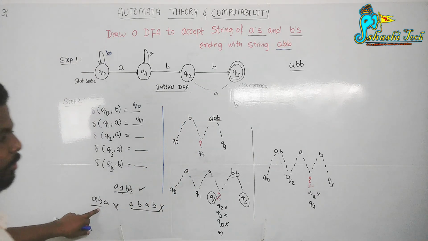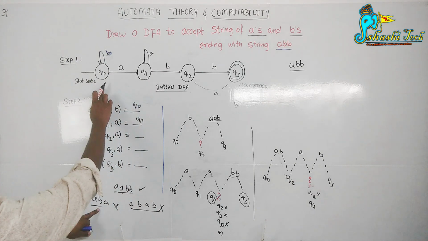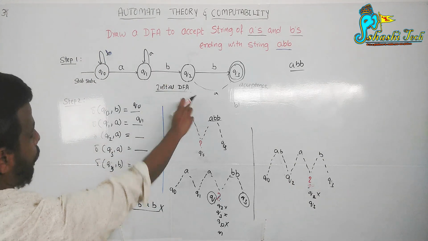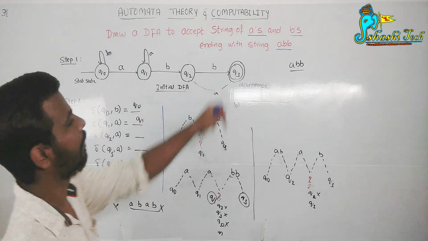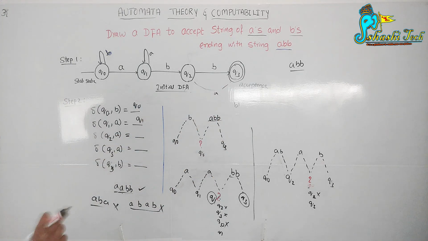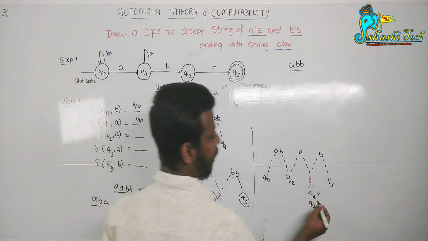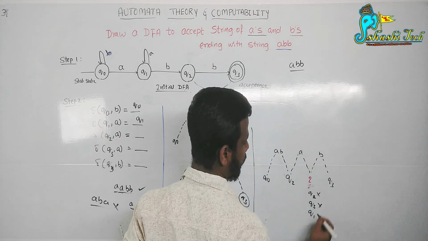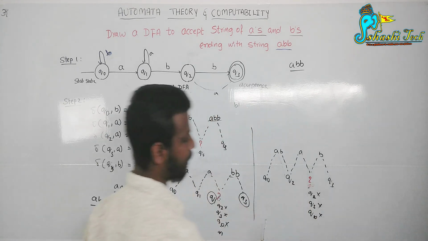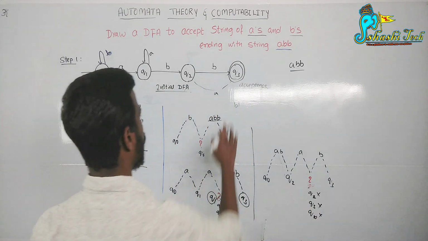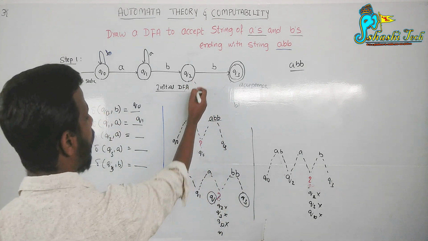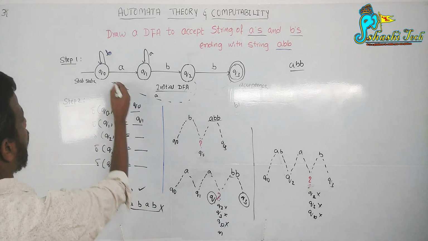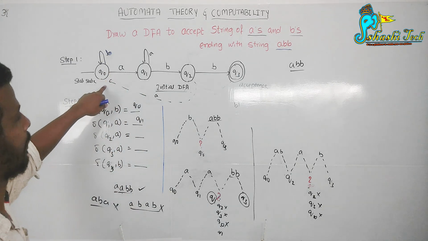But it is accepting. If you write Q3 here, Q0 upon accepting A goes to Q1, Q1 upon accepting B goes to Q2, and Q2 upon accepting A is going to reach Q3. It is accepting, but it should not accept. So Q3 is also wrong. Then remaining is Q1, which we shall see later. Let us see Q0. Q2 upon accepting A is going to reach the Q0 state.